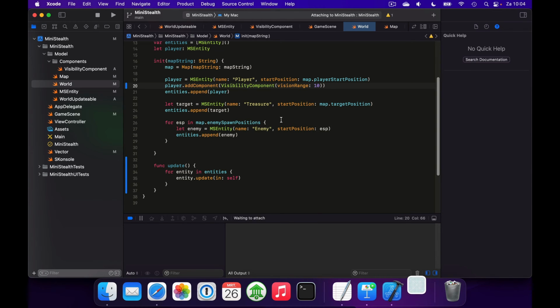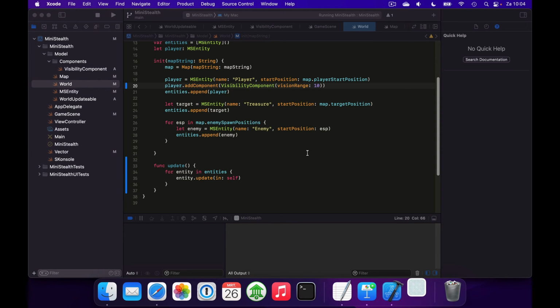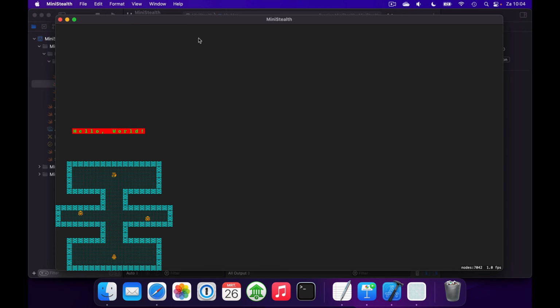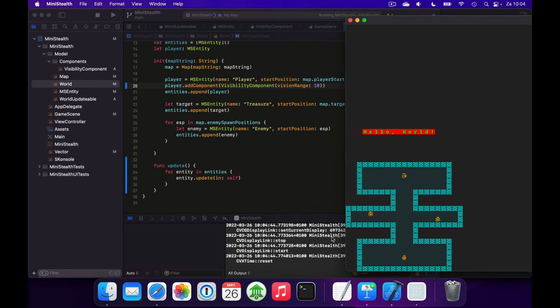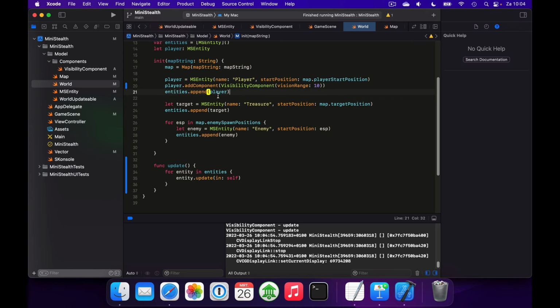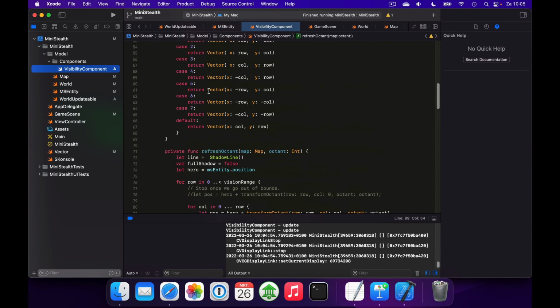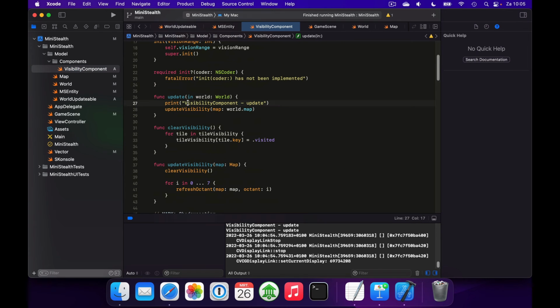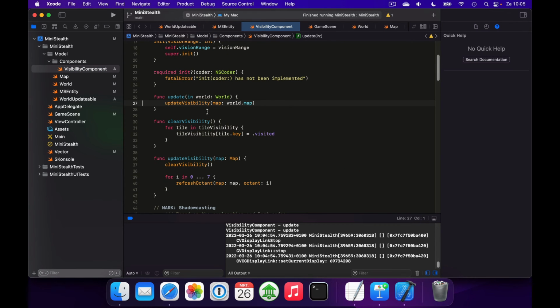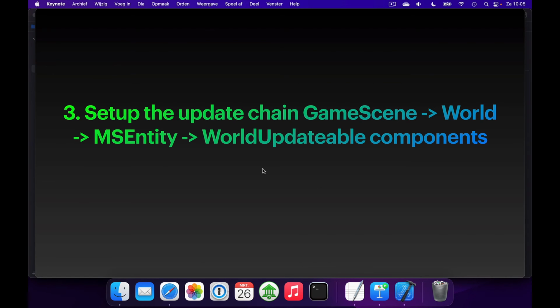if we haven't made any big mistakes, we should in the output window here see each time the visibility update component update is called. We can't see the result yet because we're not using the visibility data yet, but that's the next step. So let's go back to our visibility component, get rid of this print function statement in the update, and go to the next step,